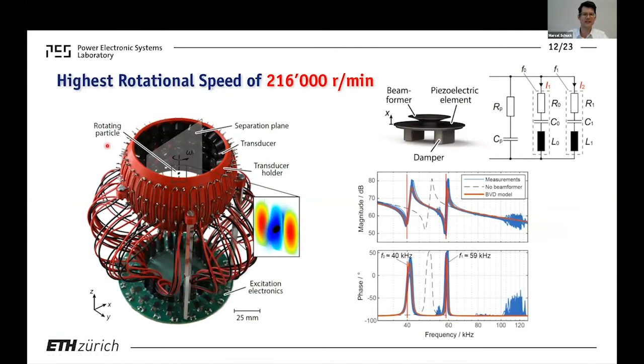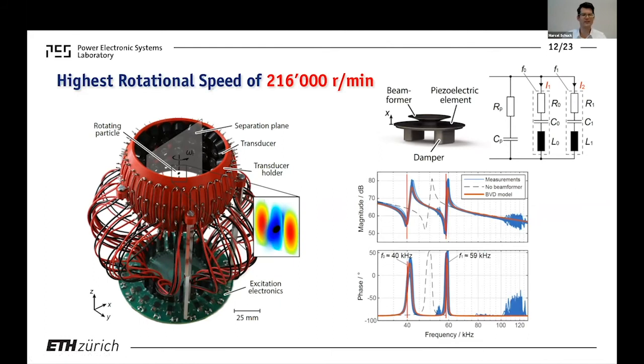You can see here basically a sphere with the pole caps cut off, and all transducers point at the center of this sphere, where a particle is levitated. And again, we have our excitation electronics that is controlled such that we can rotate this phase shift, which we separate here with this symbolized plane, around the z-axis, which then causes the particle to rotate. With this setup, we were capable of reaching 216,000 revolutions per minute, which then